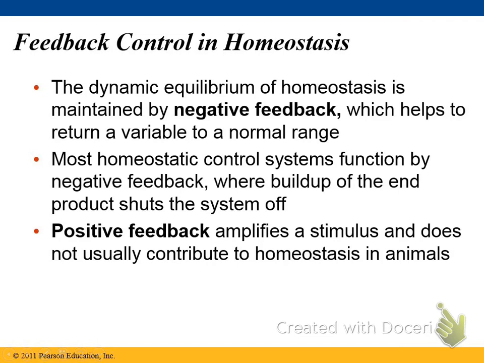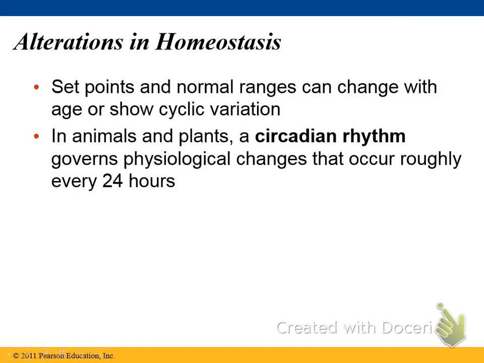The dynamic equilibrium of homeostasis is maintained by negative feedback, which helps to return a variable to a normal range. Most homeostasis control systems function by negative feedback, where a buildup of the end product shuts the system off. Positive feedback amplifies a stimulus and does not usually contribute to homeostasis in animals. Set points or normal ranges can change with age or show